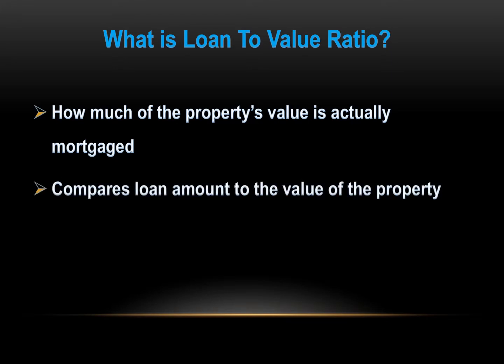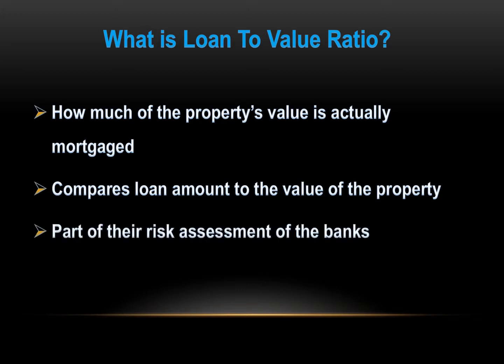Lenders will use this measure to complement their decision whether to give a loan to a borrower or not. Usually people need an 80% LTV to qualify, but occasionally it could be lower. For example, for investment purposes, banks require a lower LTV ratio of 60%. But why do banks need it? Well, in our case, a bank is an investor. They invest their money and expect interest payments in return. The LTV is part of their risk assessment and helps them mitigate risks when lending money. The higher the ratio, the riskier the investment.